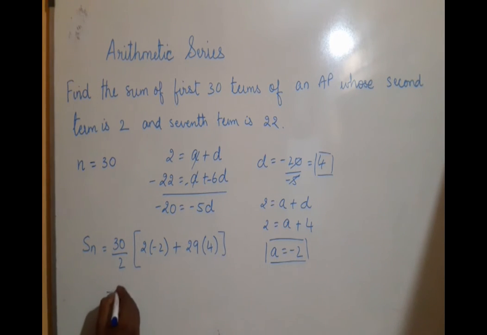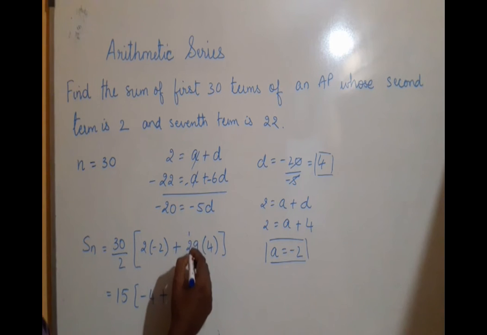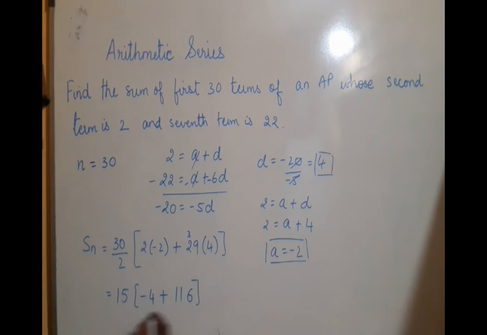So we have 30 by 2, that is 15, into minus 4 plus 29 fours. 29 fours are 116, minus 4 is 112. So we have 15 into 112, and the answer should be